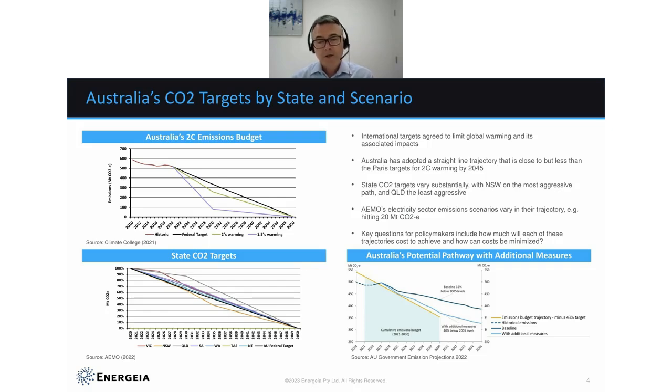Now, in setting of these targets, and there is just a recent federal effort to revisit and review what those targets should be that has resulted in a change to federal targets. It's like all similar exercises, really based on trade-offs around costs. And you can see here what the different trajectories are with different additional measures added in. And ultimately, it boils down to how much more are these measures going to cost the community, and what is the political calculus involved.